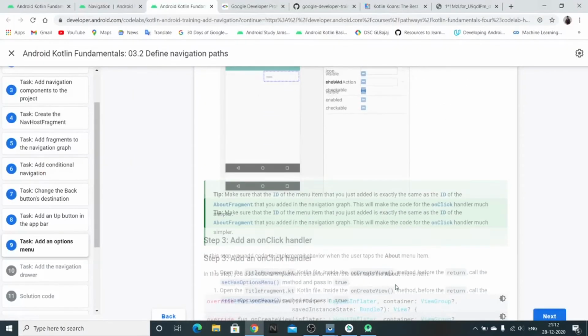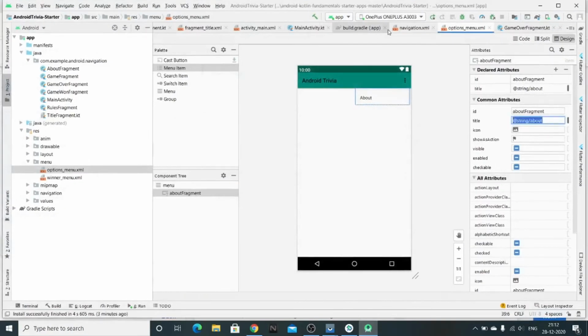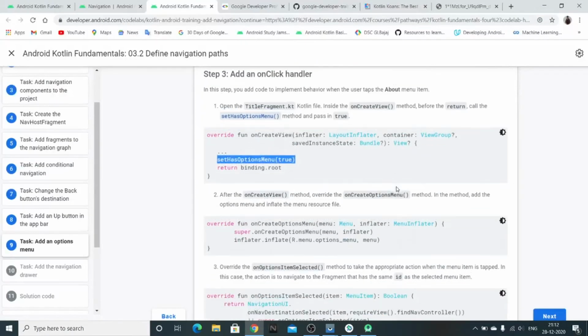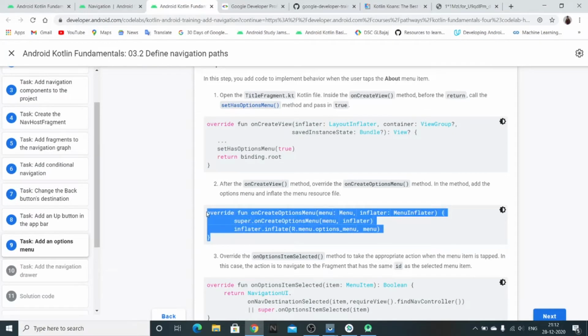Now let's get back to our code lab, and now we need to add some code for this menu. So in our title fragment, just add this setHasOptionsMenu(true) to tell the fragment that we have an option menu also. Click on this, and over here above the return statement, now we need to override some methods, one of them is onCreateOptionsMenu, where we'll be inflating our menu.